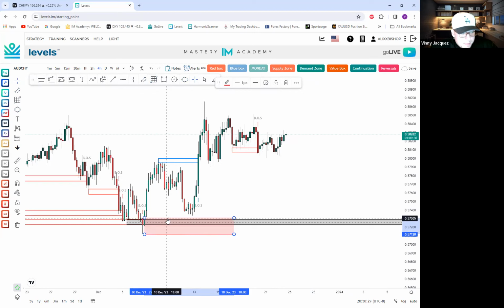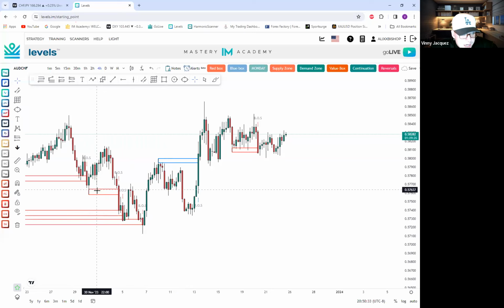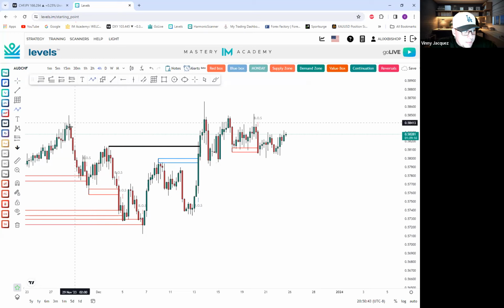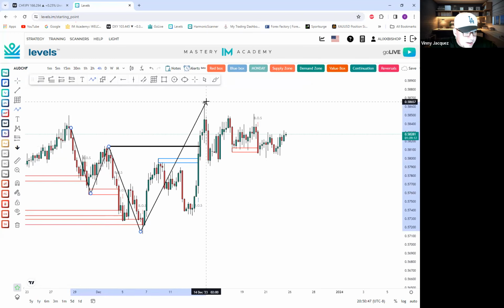But look. Let's delete this. Now, notice how there's a box right here. Where's my starting point to that one? Right here. Boom. Awesome. So now we have double confirmation. We have an inverted setup, head, change of character. I'm looking for market to give me